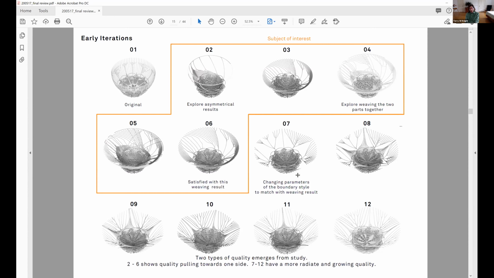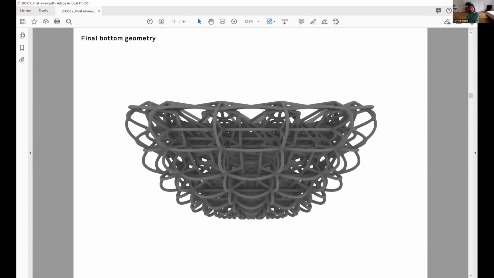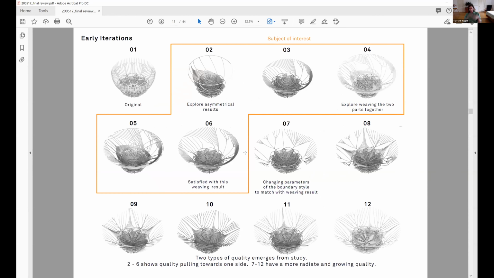So the bottom part is woven. In fact, I think, in this figure, they have that woven quality. And then you put the top on, the vertical part on top of that, and I thought that wouldn't work, but in fact it's kind of nice the way the top sort of sits in that nest. You kind of created a nest, which is really cool. So all in all, I think it's really a fascinating